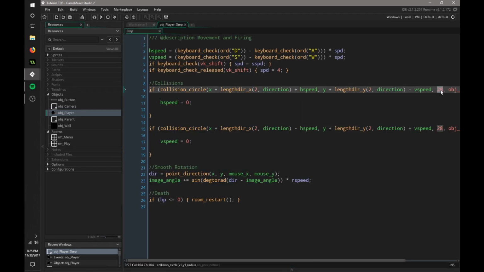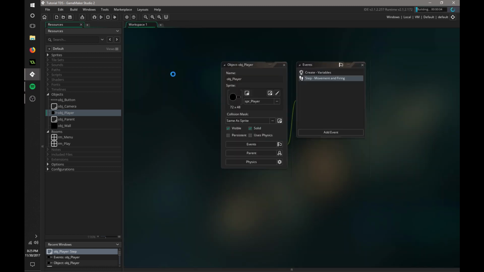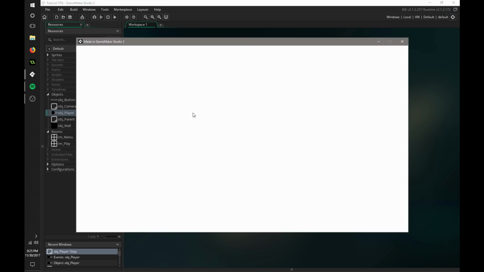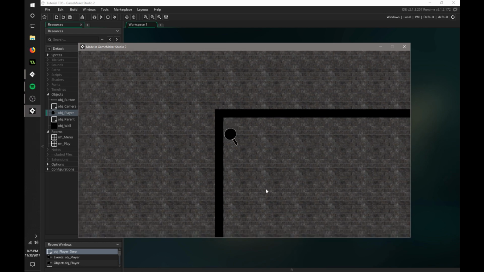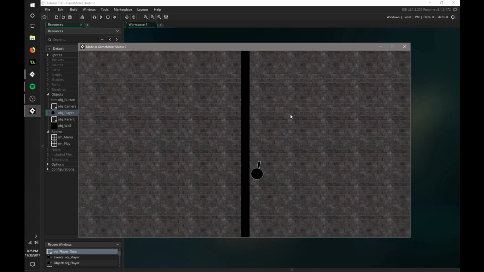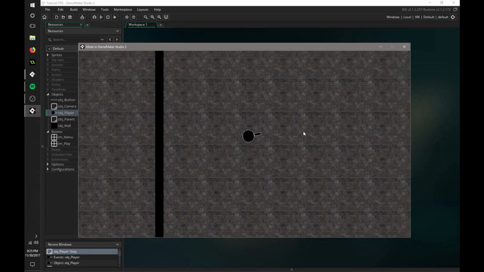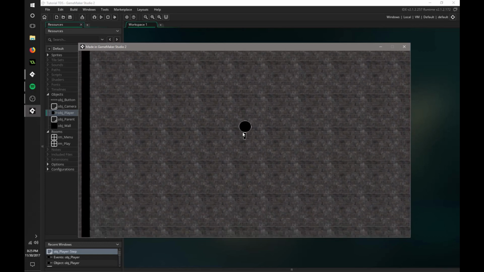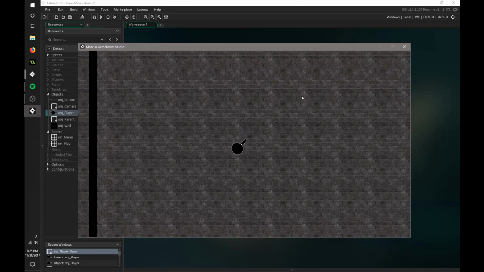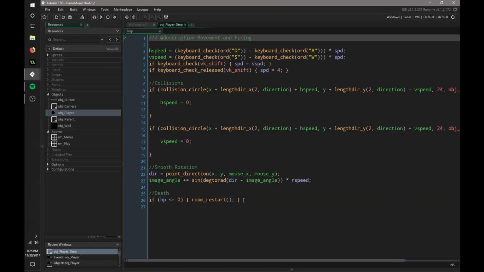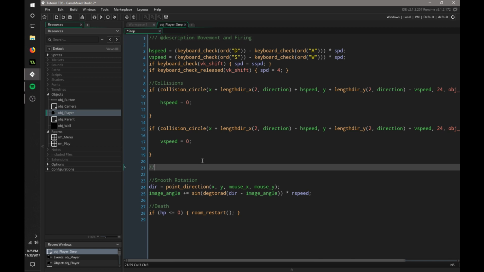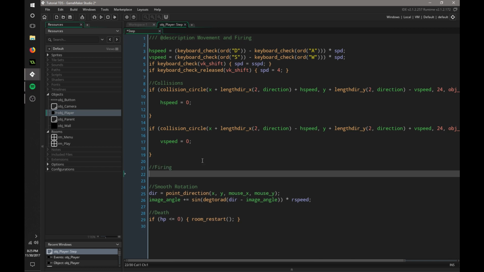I can actually set this to 24 because I don't think it's changing too much. Actually, our collision mask might be off. We might have to modify that. Nope, that worked. Cool. So now we have smooth collisions. We have the kind of smooth camera here, and the screen shake also works. We can go ahead and implement that real quick by going into here. Now this is going to be firing, and for now I'm just going to say